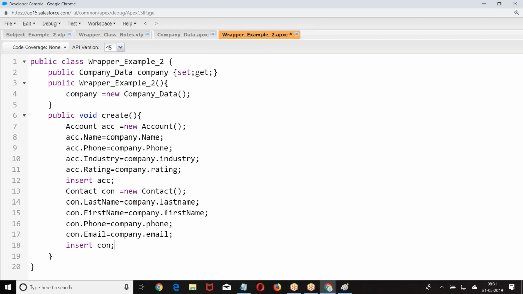So basically, this is more helpful to you when you are going with a list of records you want to display, a list of information you want to display. There it will be more helpful. As a single record, we cannot find much difference. But when you go to the list concept, when I try to display data from the database, when you are trying to get an account record with a list of contacts, a list of cases, a list of opportunities, all together I want to display, and I want to take some data from account, some from contact, some from opportunity, then how will you create it?